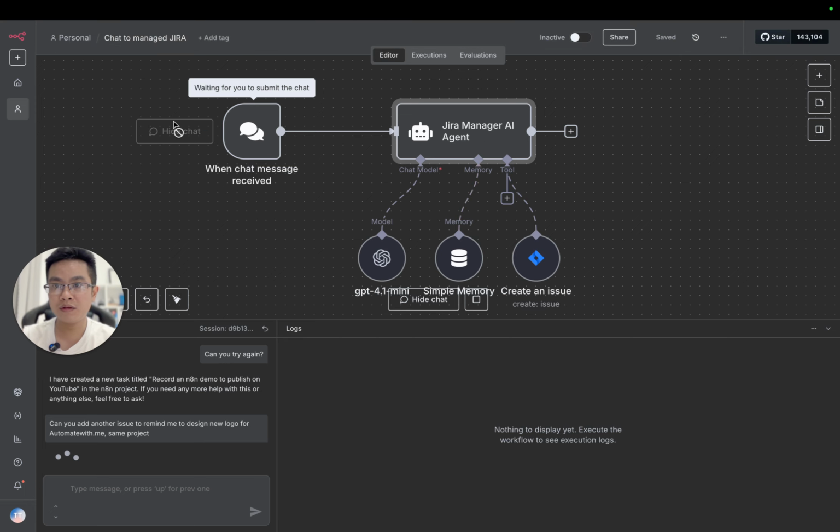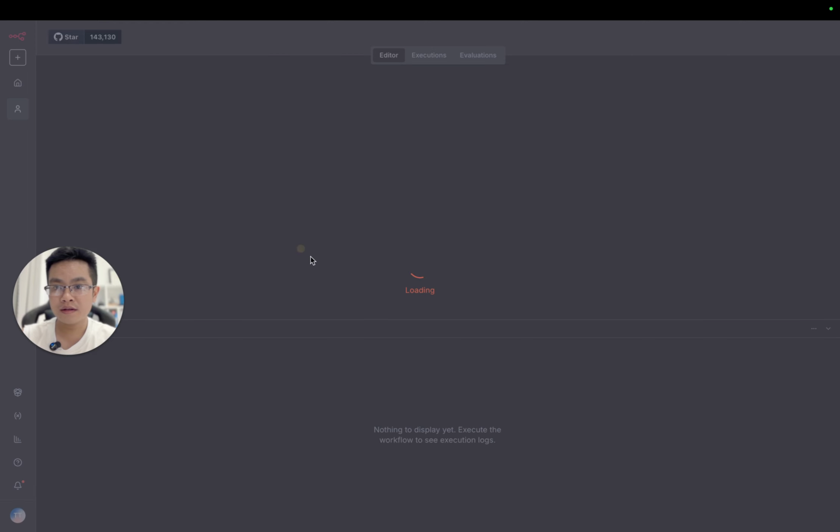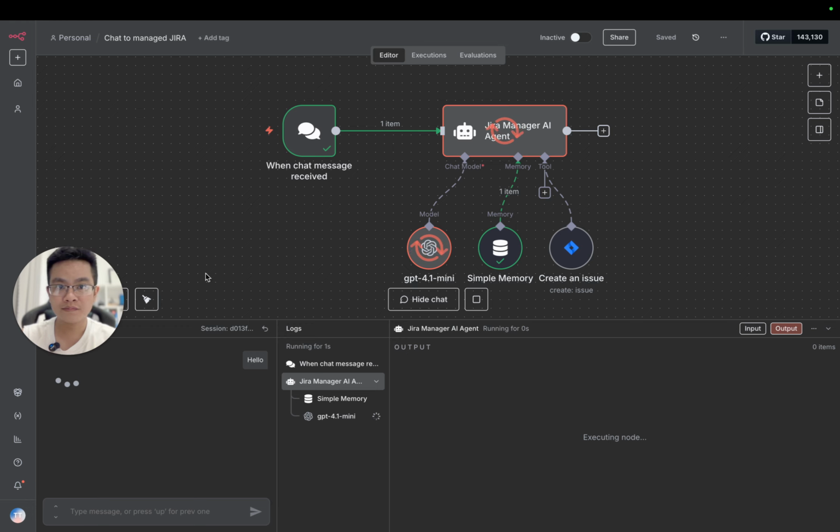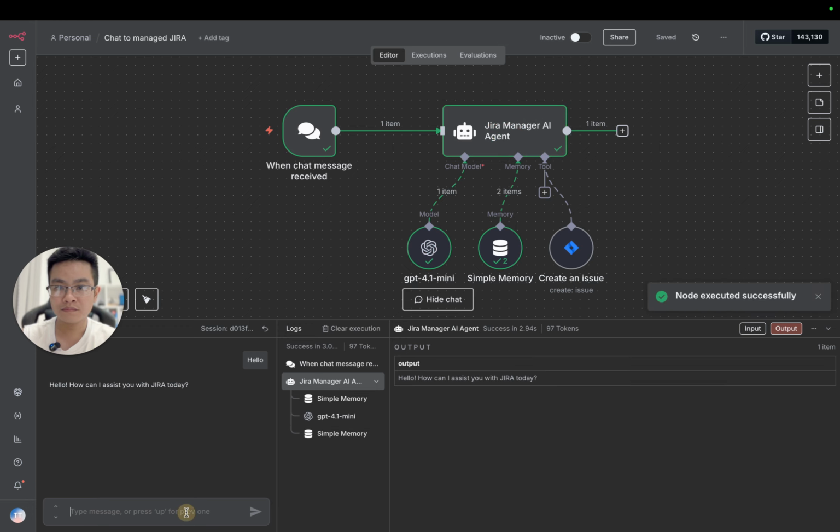Okay, maybe we need to start a new session. Hello, can you create an issue to remind me to design new logo for Automate with Me? Add to n8n projects.